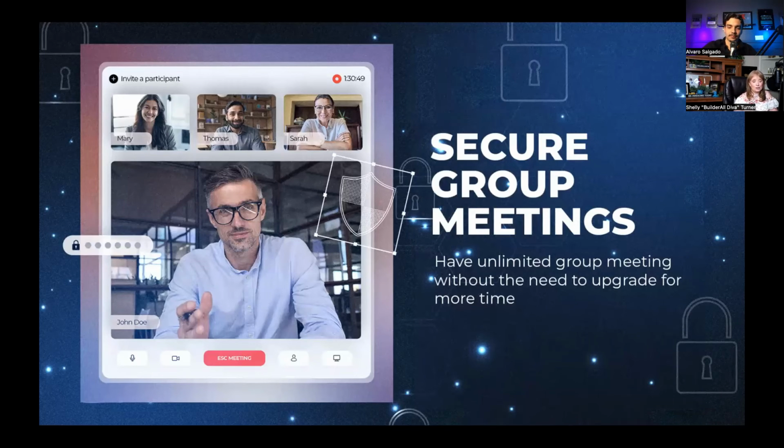You can also do secure group meetings. This is another really cool feature that we have where you can just pull up a webinar and set up a live meeting, invite other people to be on screen with you, and actually meet with them either one-on-one or one to a few. Bring them in and actually have a meeting right online with the webinar builder. So not only can you live stream, not only can you create an evergreen webinar, but you can use it as a meeting tool as well.